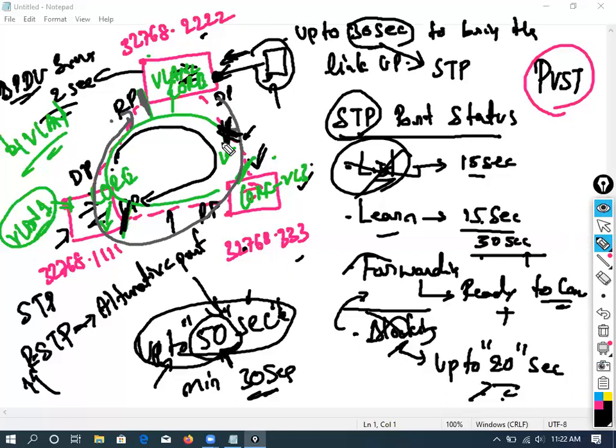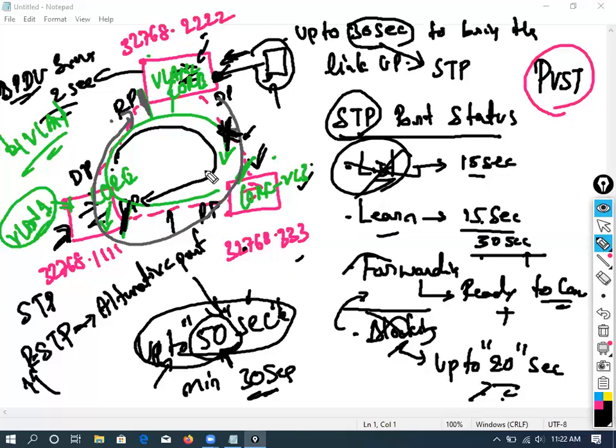Clearly understand? Since we made this the core switch for VLAN 1, this the core switch for VLAN 2, and this the core switch for VLAN 3, VLAN 2 and VLAN 3 will be able to use this link, but they won't use another link. Like this, you can do a little load balancing. Clearly understand? Or is it a little confusion? I'll take one more scenario if you're confused. What about you people? Do you understand what I explained? Or do you want me to take one more scenario?